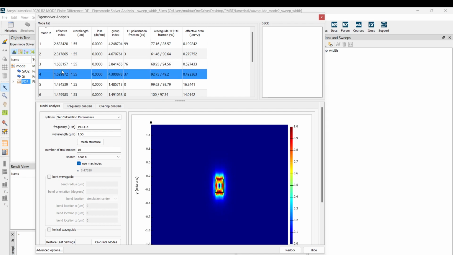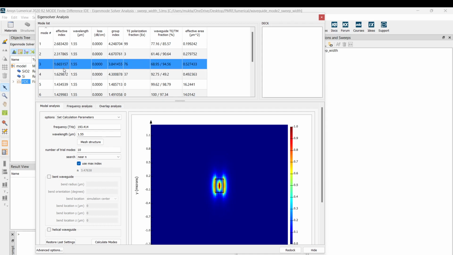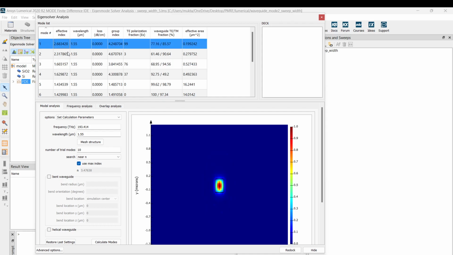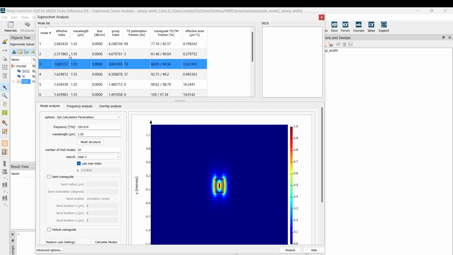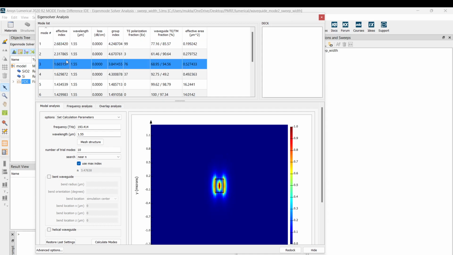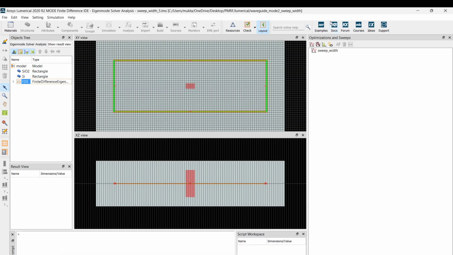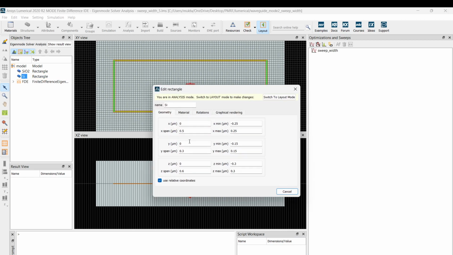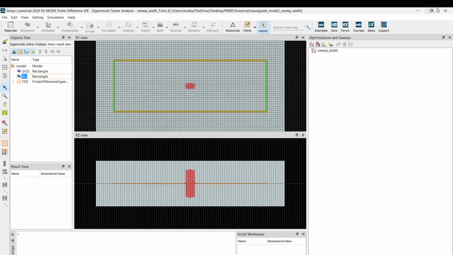So this is no more a single mode. Even if I'm only sending TE polarized light, there will still be two modes. If I'm only sending TM polarized light, there will still be two modes. So we don't want that. So we cannot go ahead with this 500 nanometer wide waveguide. Right, so this was 500. Just let me cross check. Yeah, it's 500.